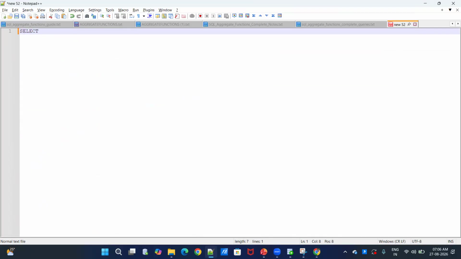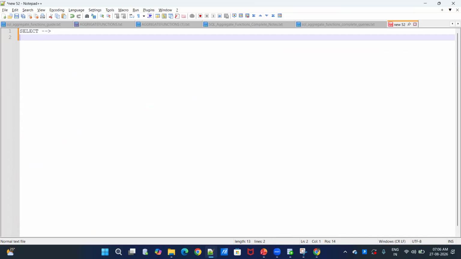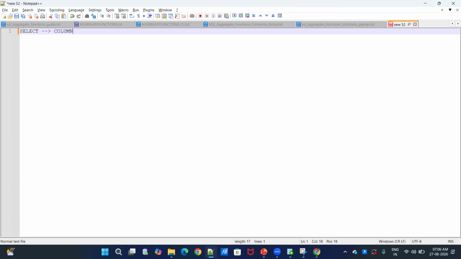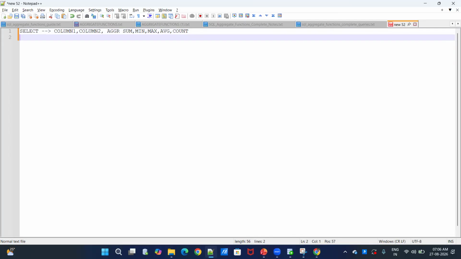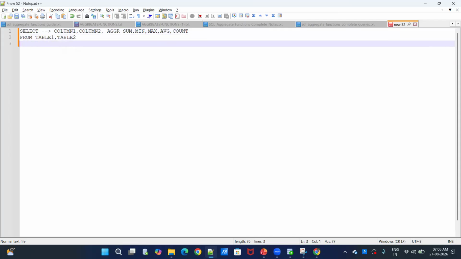We use aggregate functions in the select clause. First, select column names, column 1, column 2, and aggregate functions like sum, min, max, average, count, and then from table 1, table 2, where join conditions,